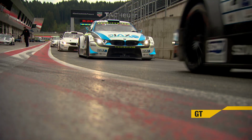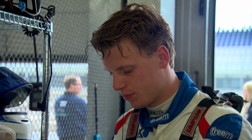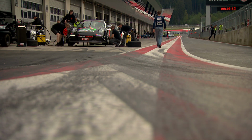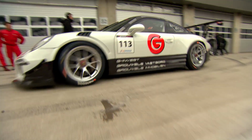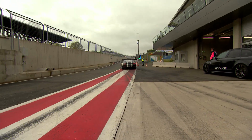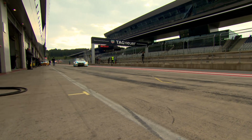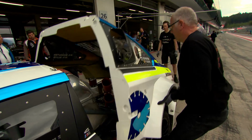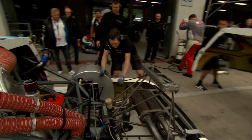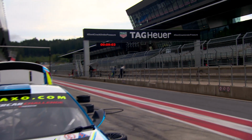For many in the Supercar Challenge powered by Hankook, it's a first time at the Red Bull Ring, but not for Bas Schouten driving JR Motorsport's BMW M4 Silhouette, and he was widely expected to be the fastest in the GT class, although the Porsches are a force to be reckoned with. The BMW Silhouettes dominated on Zandvoort's short tight layout, but the long straights of the Red Bull Ring are perfect for the powerful Porsches. We'll never know how that would have worked out, because after 2 laps, the BMW was back in the pits with gearbox issues, qualifying over for Bas Schouten and last year's GT champion Vard Slice, and